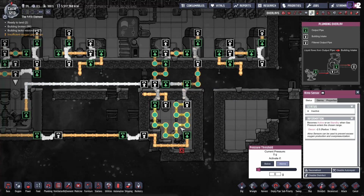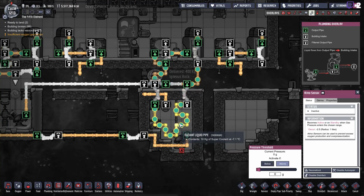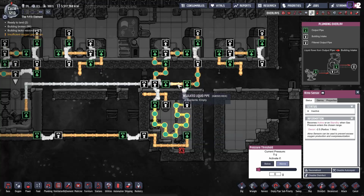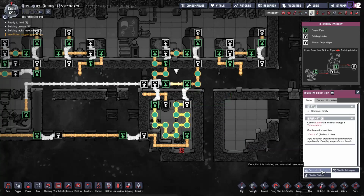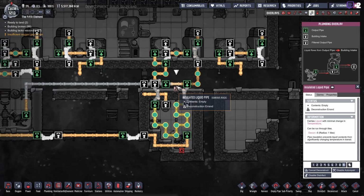There's lots of overcomplicated primings. As you can see, this is a vacuum right here. I'm priming this down to minus 180 degrees. Okay, I'm done priming this system, so I'm going to deconstruct. But if you were actually doing a live prime, you would leave that there and just...